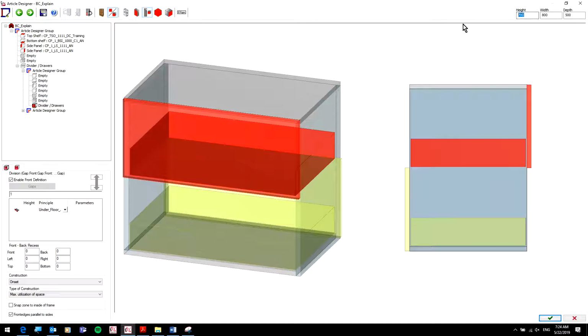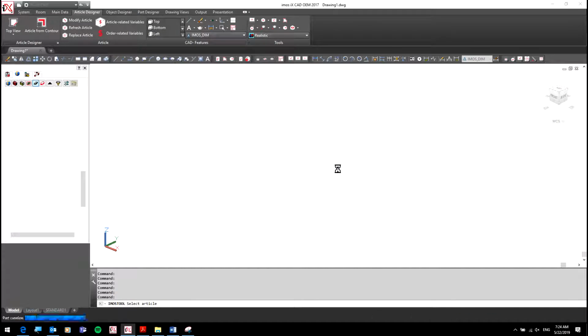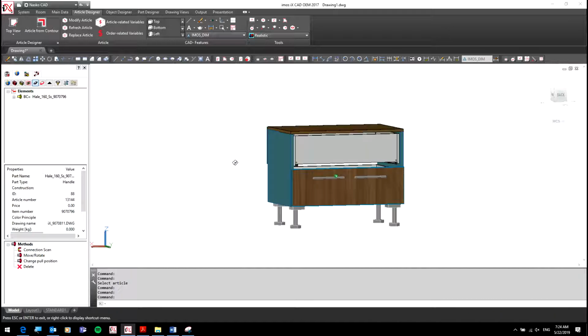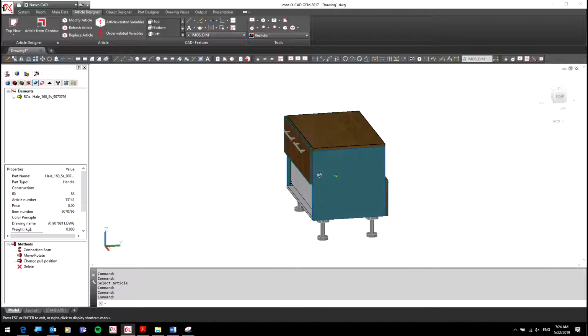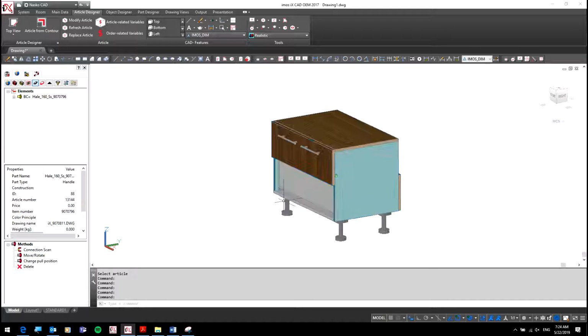Is this okay? Is it clear? Okay, good. Good design. Okay, so